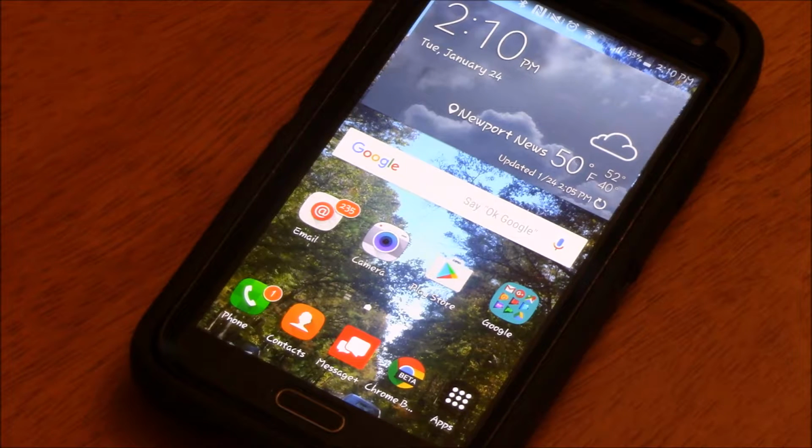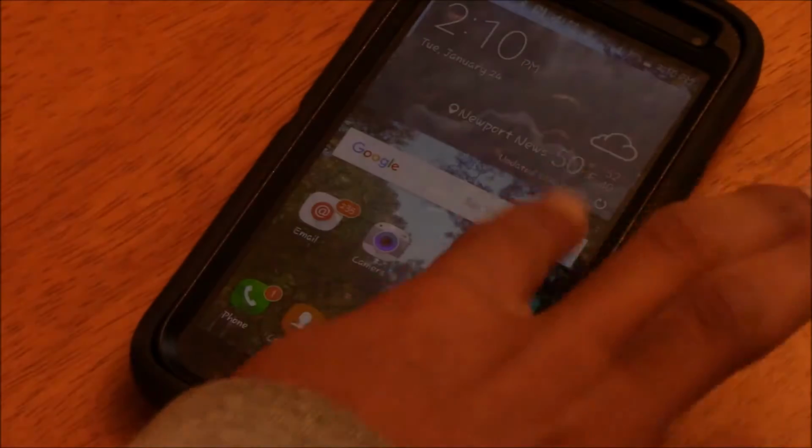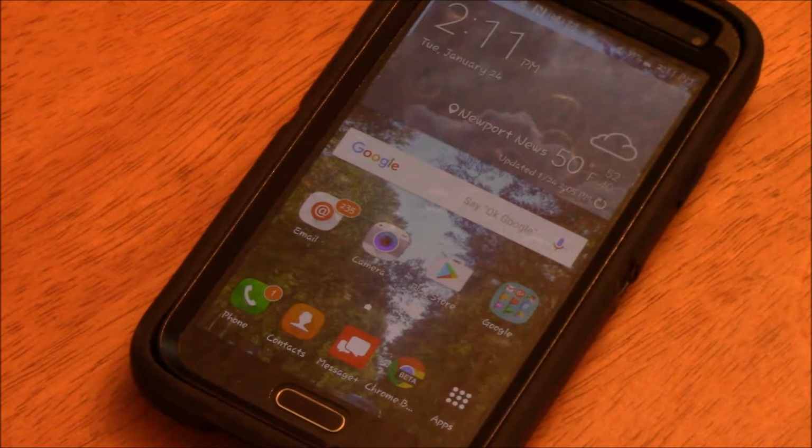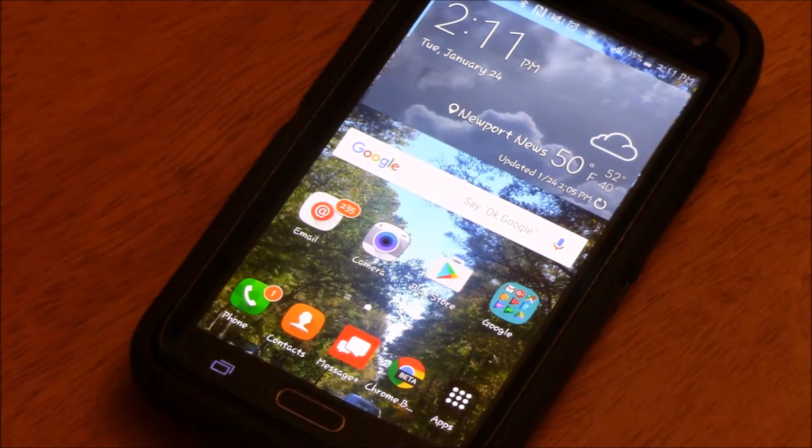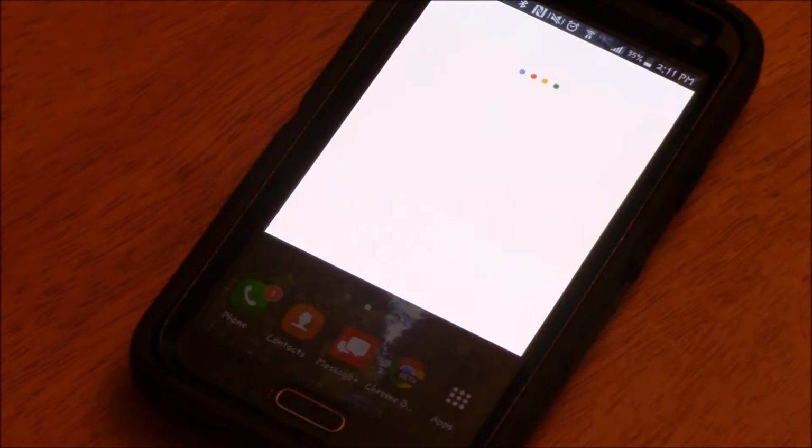And also, going even deeper into what you can customize. You can also customize the icons on the device, no matter what launcher you're in. And I usually don't do this. But if I were to say, okay Google, icon packs.